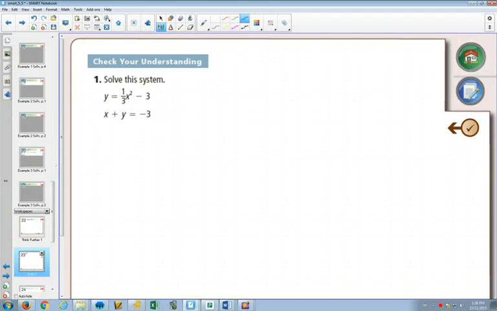So since we've already got y by itself here, we can use substitution. And instead of x plus y equals negative 3, we can write x plus, and since y is equal to 1/3 x squared minus 3, we can get this as a starting point. Now if we combine all of our like terms, and because we have a quadratic equation,